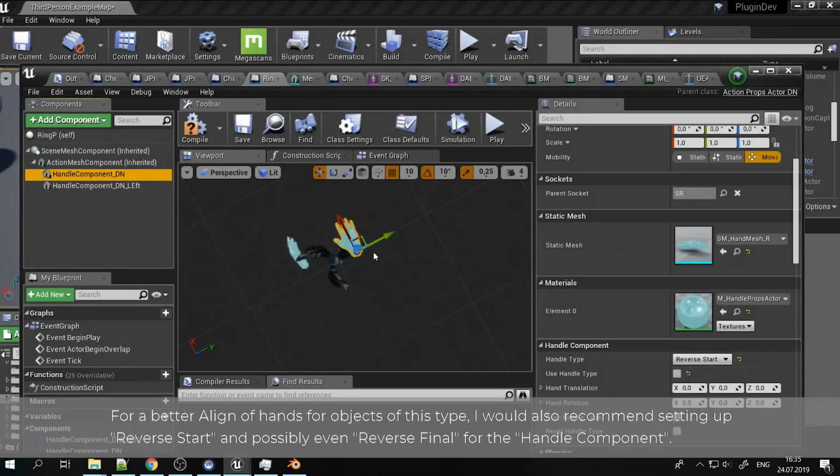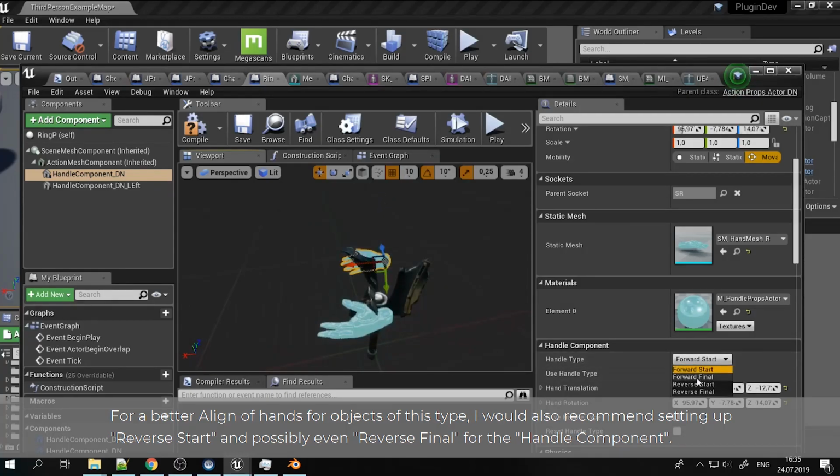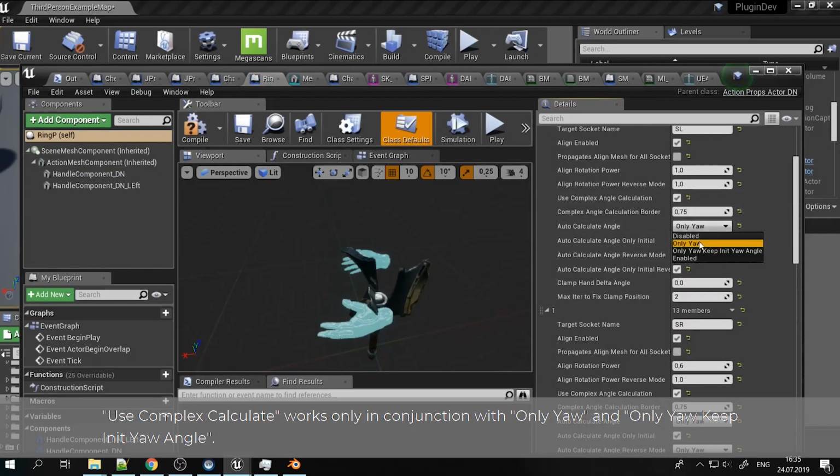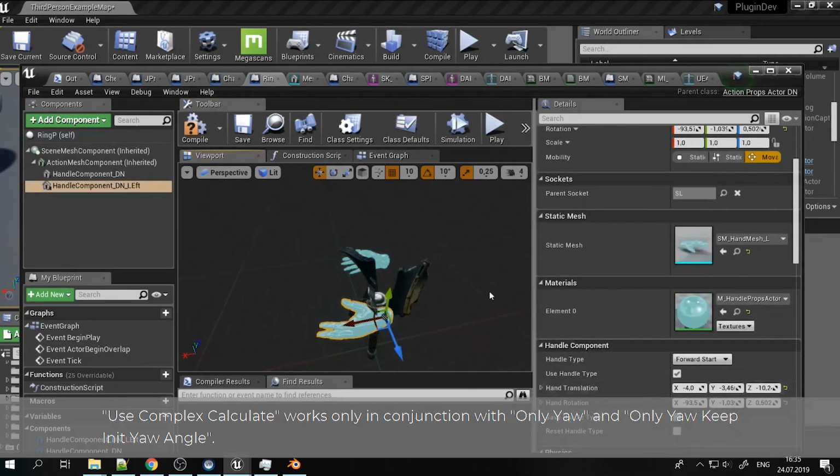For a better line of hands for objects of this type, I would also recommend setting up reverse start and possibly even reverse final for the handle component. Use complex calculate works only in conjunction with only yaw and only yaw. Keep in at yaw angle and with only